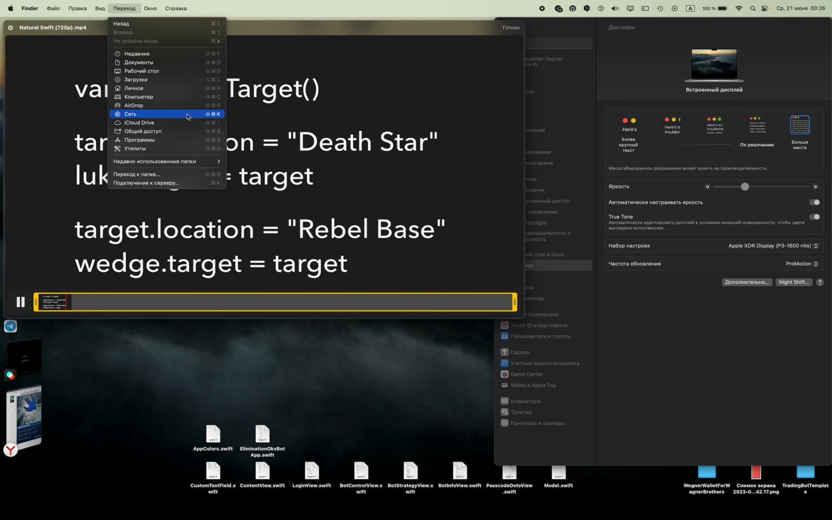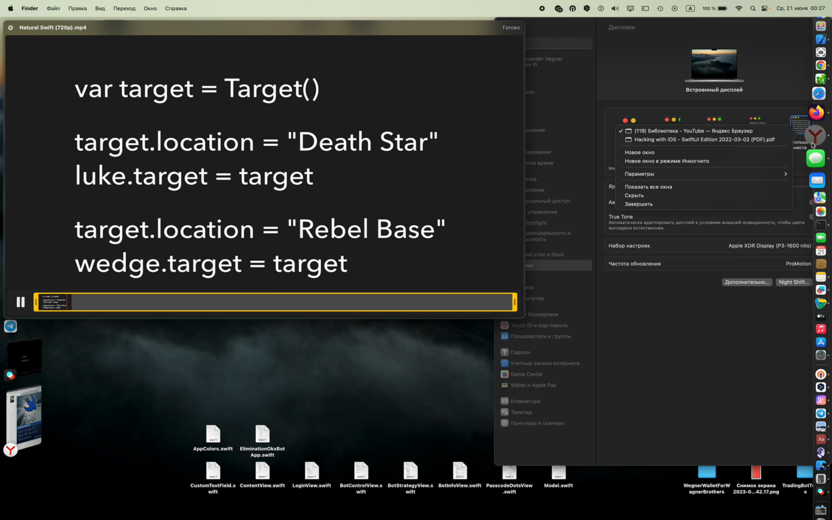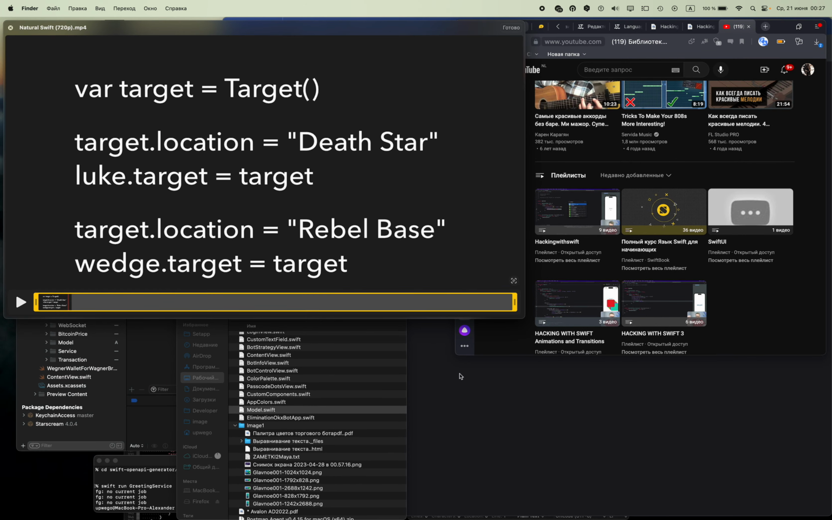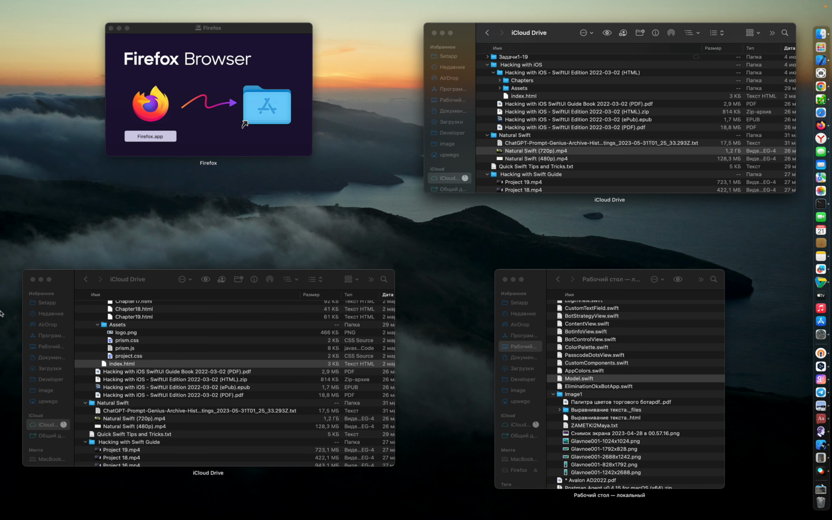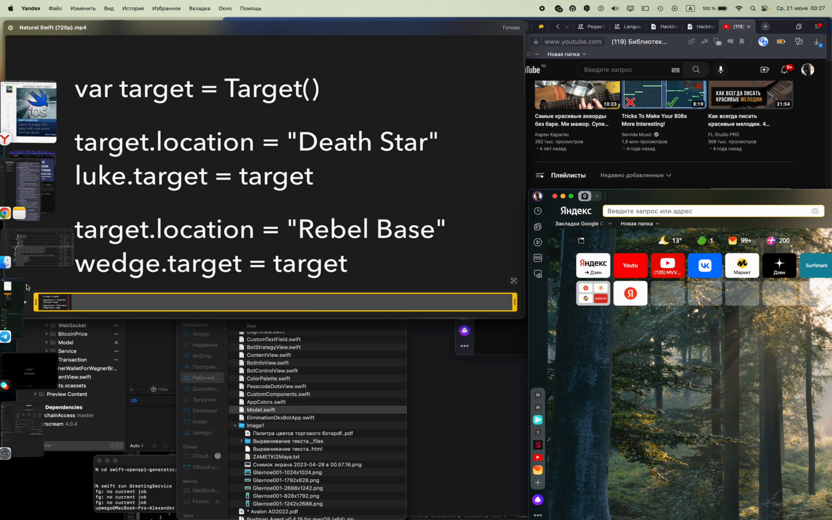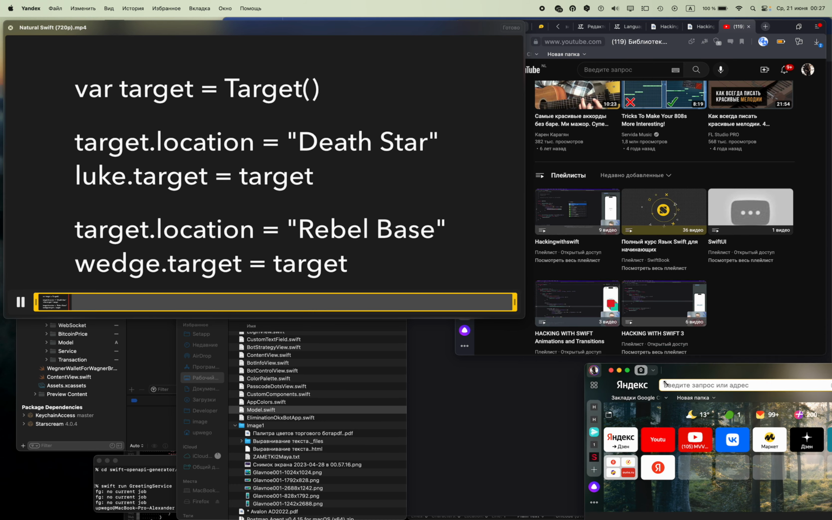Let's look at it again. If target is a class, it's a reference type, which means any instances of that class get shared between objects. So here it would mean that Luke.target and Wedge.target both point to the same target object. So when you change Wedge's target, you're also changing Luke's. That means Luke will start his attack run on the rebel base, rather than the Death Star, hence the confused cinema goers. On the other hand, if target were a struct, then it's a value type, which means it gets